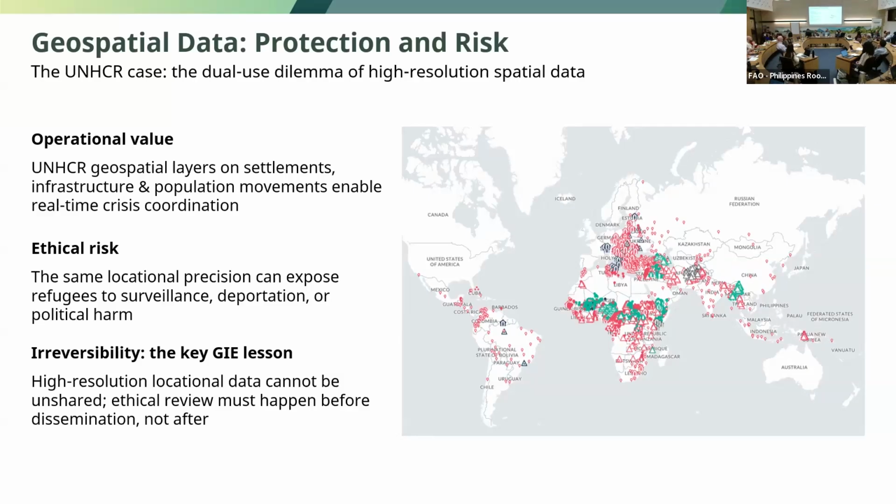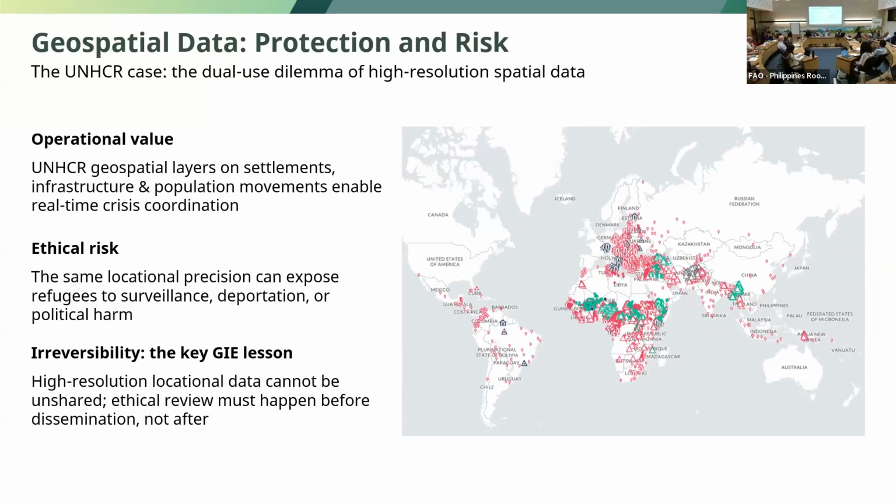One of the case studies that we show in the chapter is the UNHCR case study. A very wonderful map, actually, a geospatial layer documenting refugee settlements and service infrastructure. This is a dream of a health and humanitarian supply chain manager, right? You can identify exactly where the needs are, where needs may grow with increasing conflict areas, and it really is a priceless tool, but it also lends itself to a dual use dilemma.